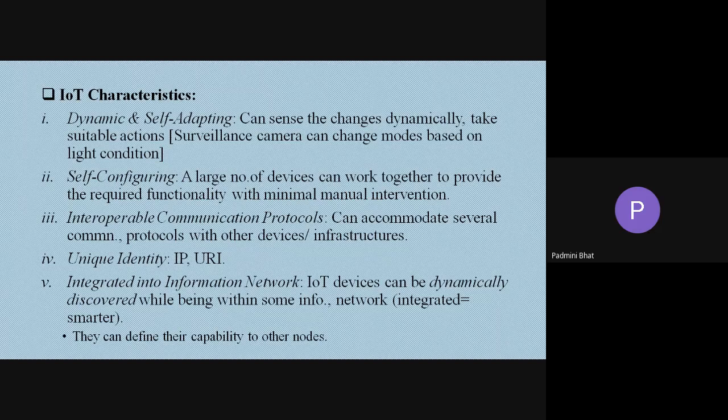It has a unique identity, an IP or URI. Next, it is integrated into an information network. IoT devices can be dynamically discovered while being within an integrated information network, and they can define their capability to other nodes.